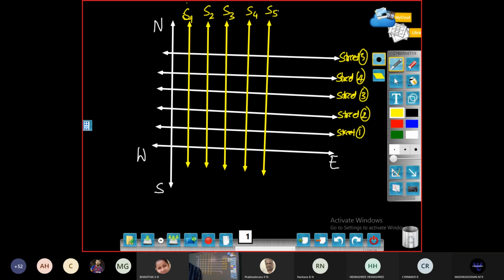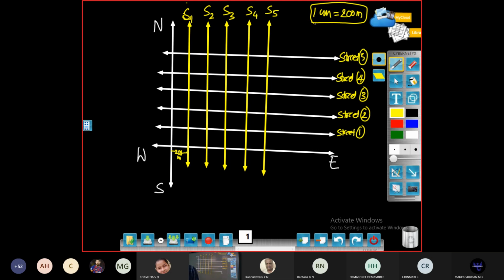So now 1 centimeter is equal to 200 meter. Let us take this as 1 centimeter now. This is 1 centimeter. So this, let us assume 200 meter. From here to here 200 meter. So the scale taken is 1 centimeter equal to 200 meter. So 1 centimeter, 1 unit, you can take 1 unit is equal to 200 meter.